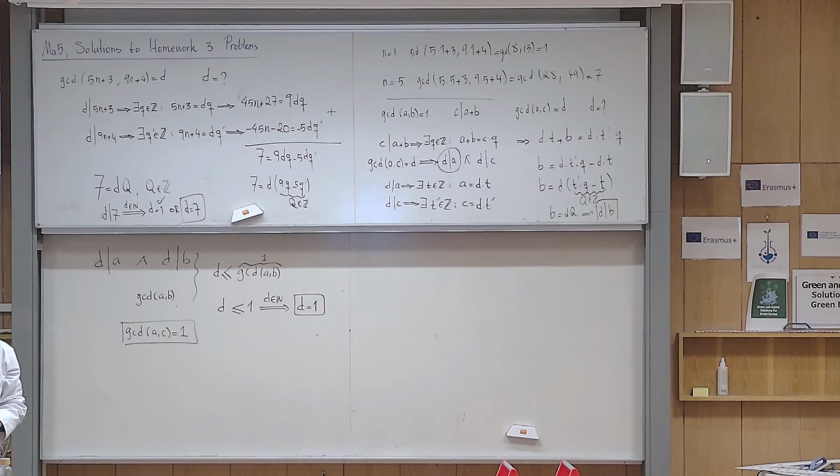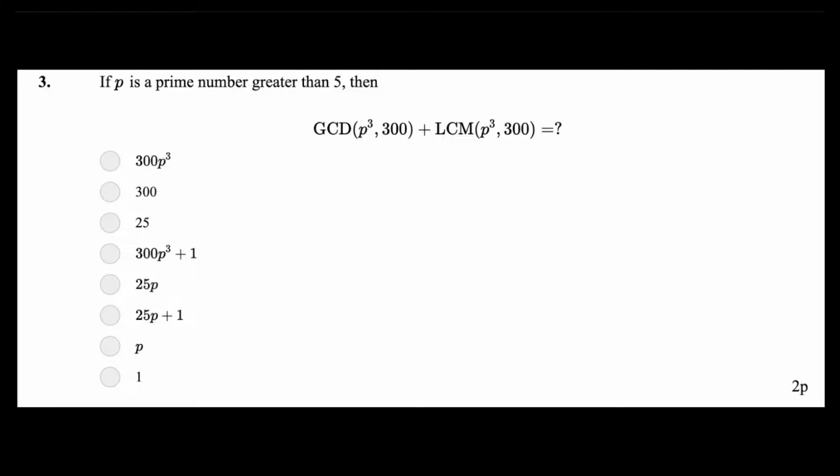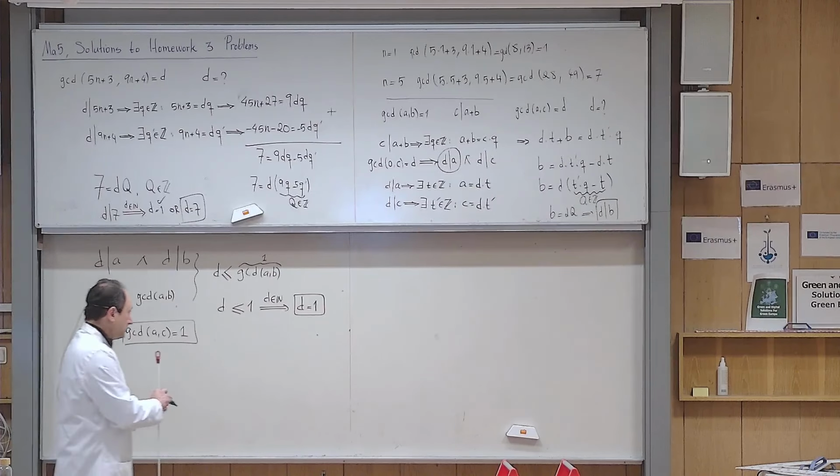Okay? So now let us go to the next problem. If p is a prime number greater than 5, then what is the sum of GCD of p cubed and 300, and LCM of p cubed and 300? So we want to calculate this. The calculation will give me one of these options and I want to choose it. But that is also very simple because you see,